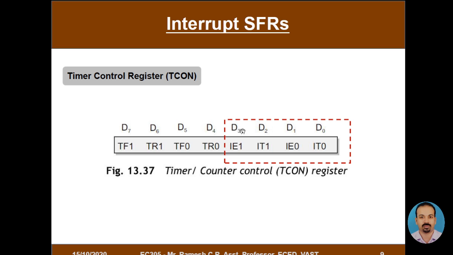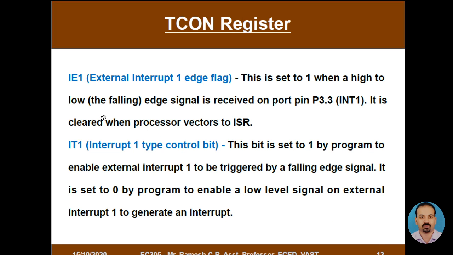As we told, the lower 4 bits of the TCON register are used for the control of the external interrupt source. So we have IT0 and IE0, and IT1 and IE1. IE0 and IT0 correspond to the control bits of external interrupt source 0, and IT1 and IE1 correspond to the control bits of external interrupt source 1. Okay, so what does it mean? So if I make the IE1 flag as 1,